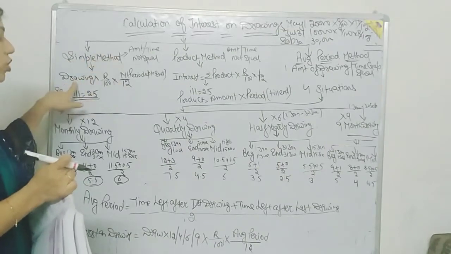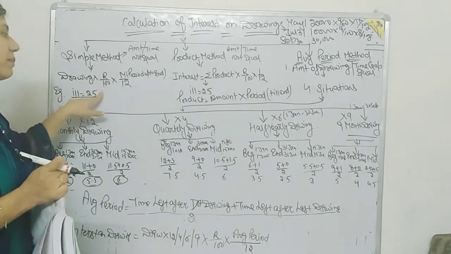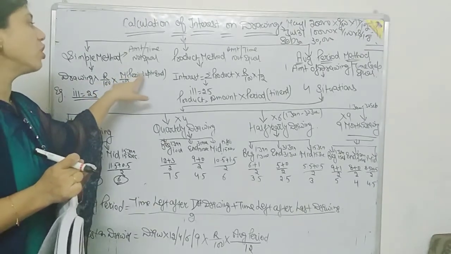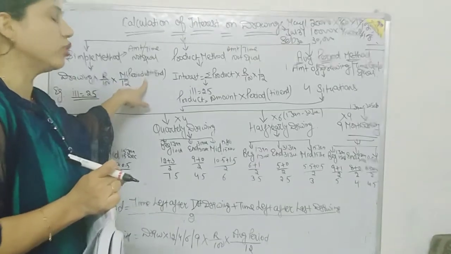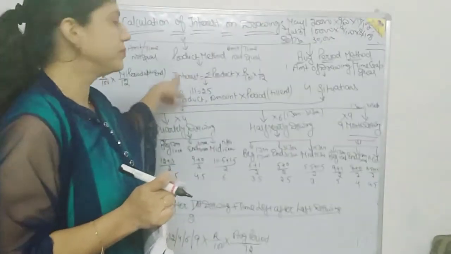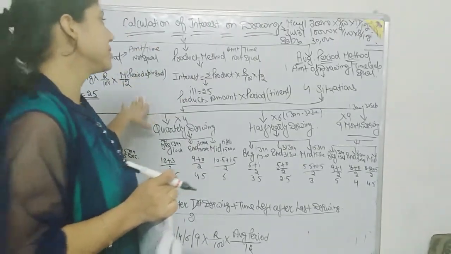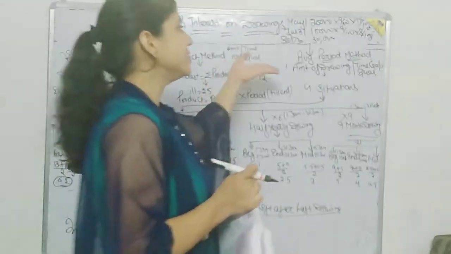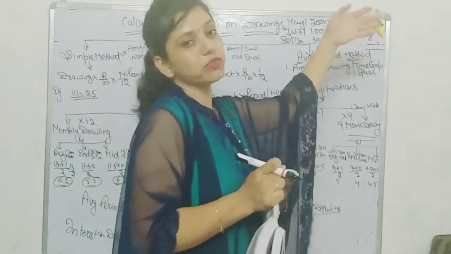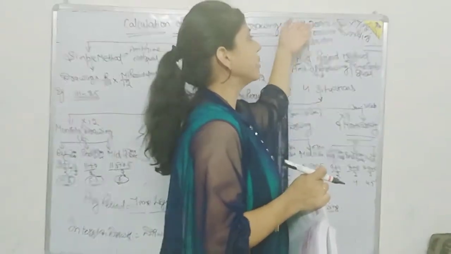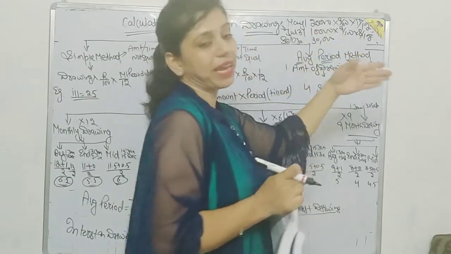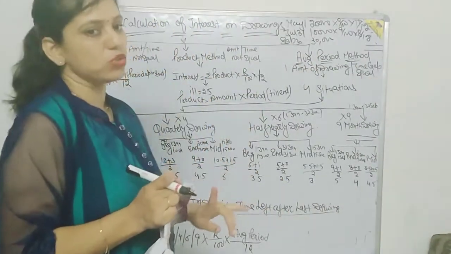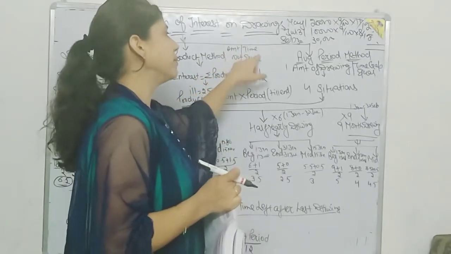Simple method means amount of drawing, multiply rate by 100, multiply month by 12. Month means period of drawing, period from the date of drawing to the end of the year. Is it clear? Yes. Next we have product method. We can also use it, as there are a lot of calculations we have to do. We have to calculate interest on drawing for every time period. So we can also use product method in same situation when amount and time are not equal.